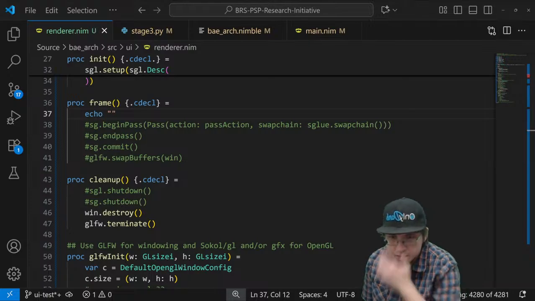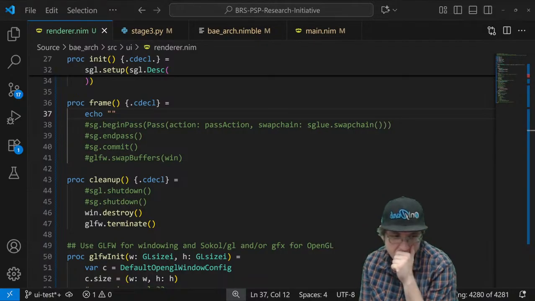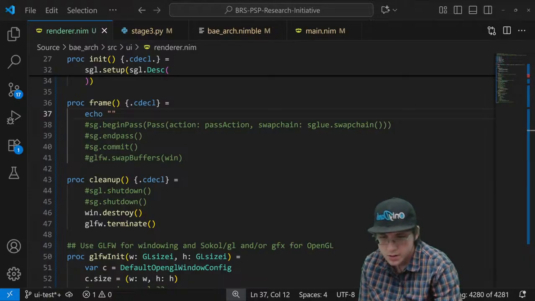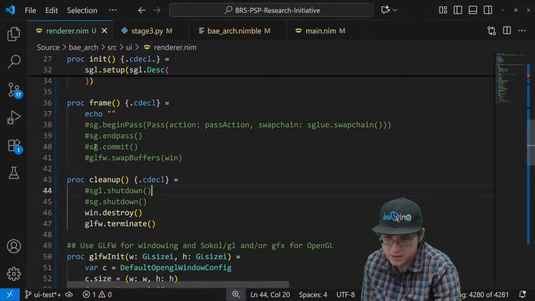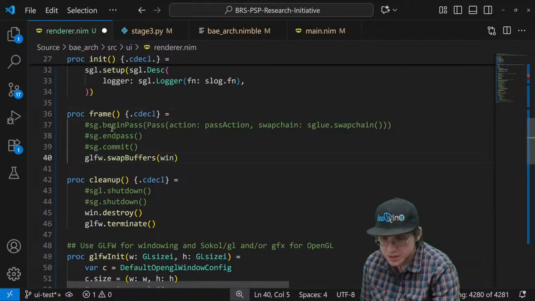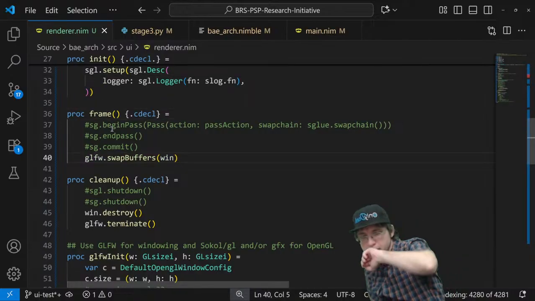Huh. Okay, so it doesn't like it. So it's not the swap interval that's the problem.